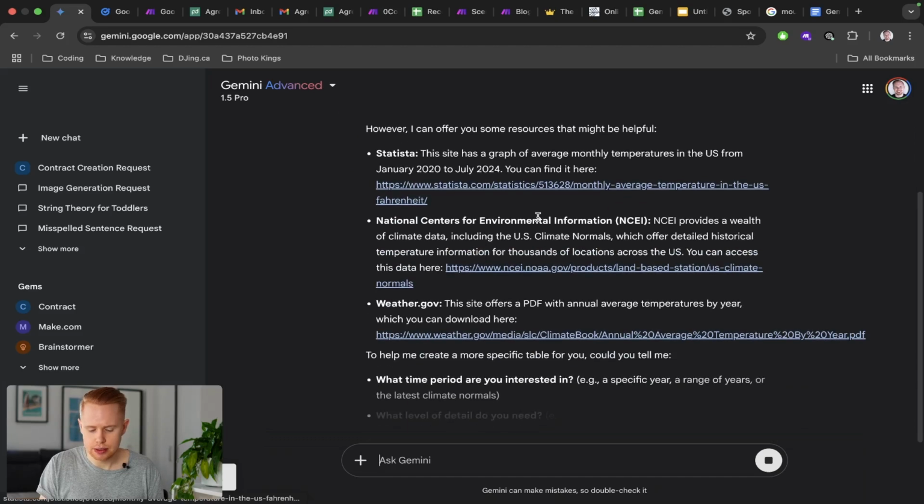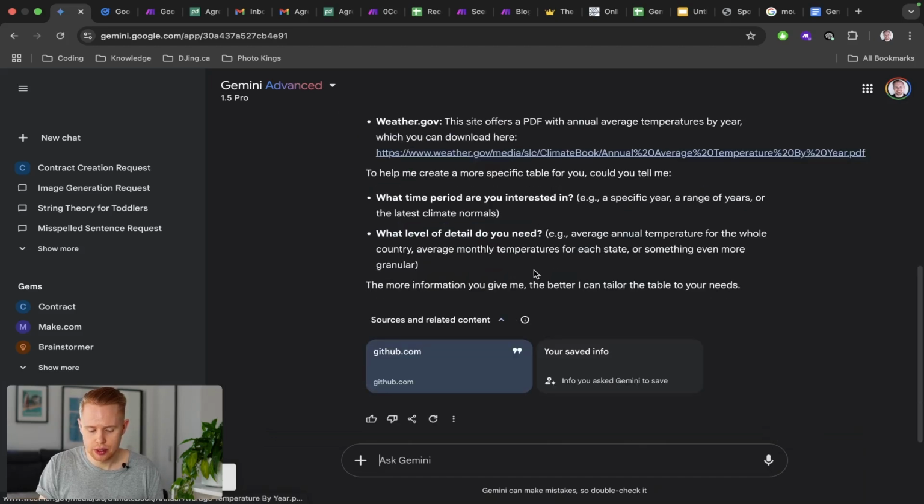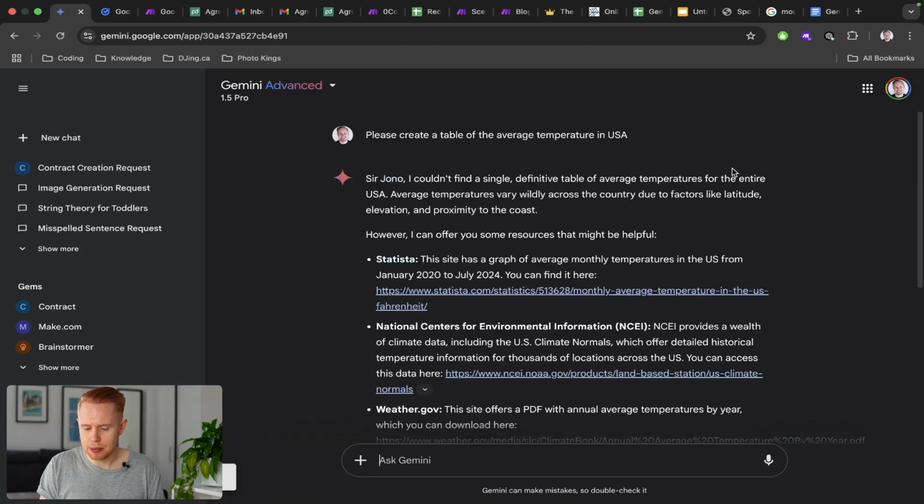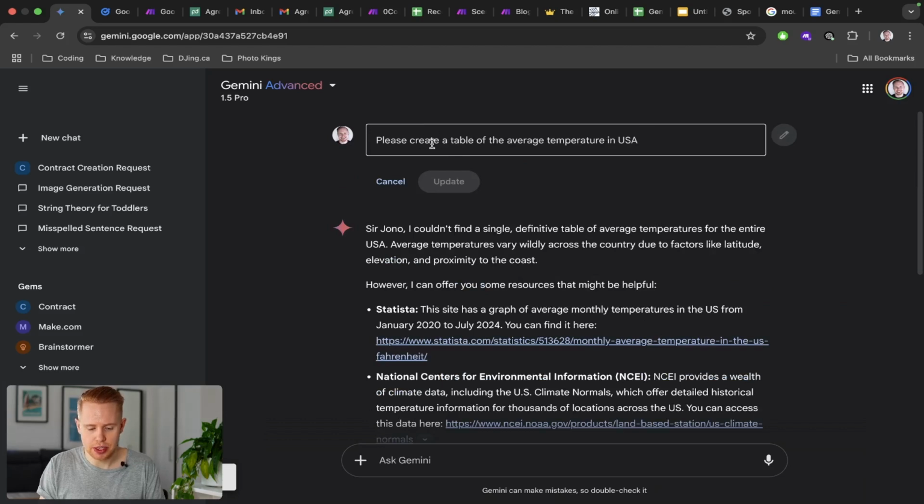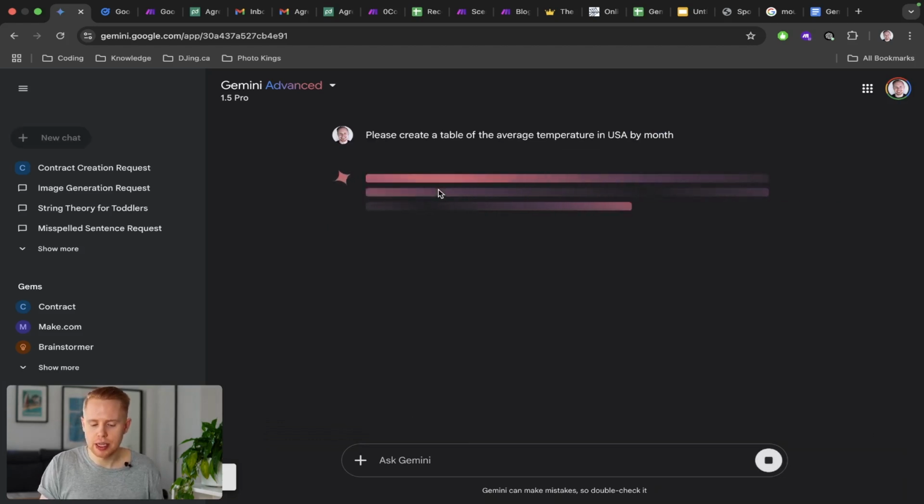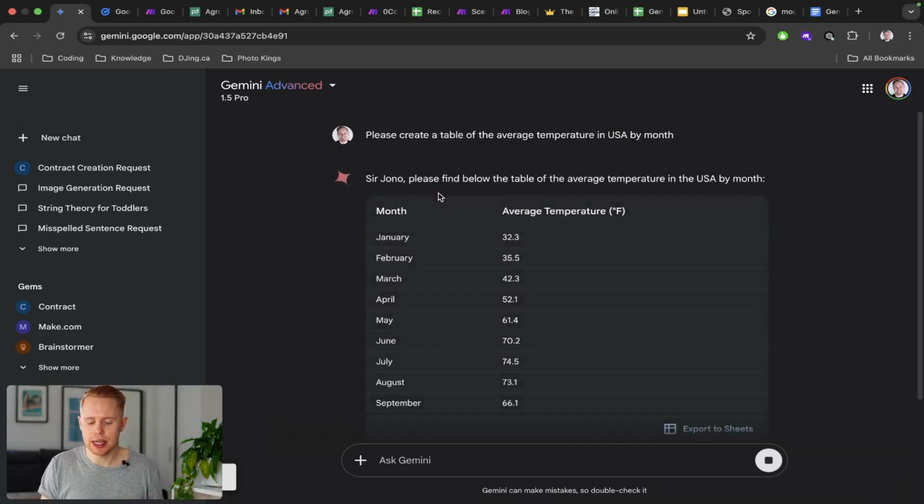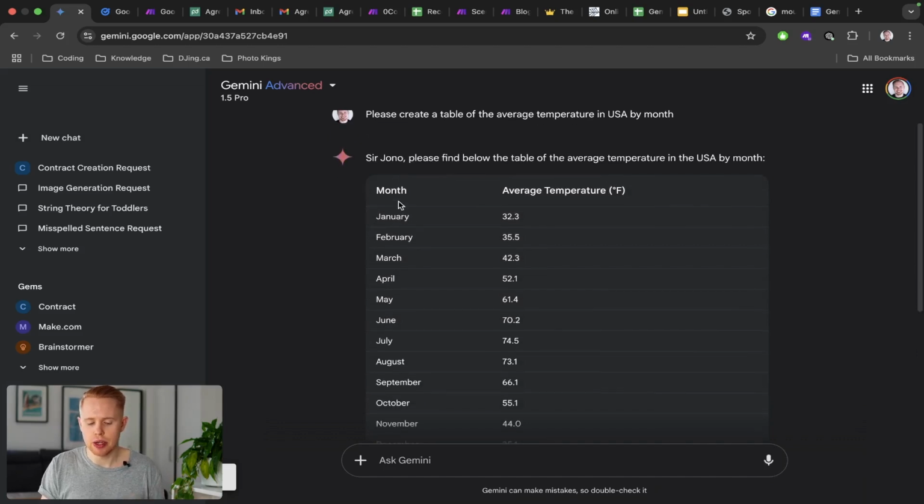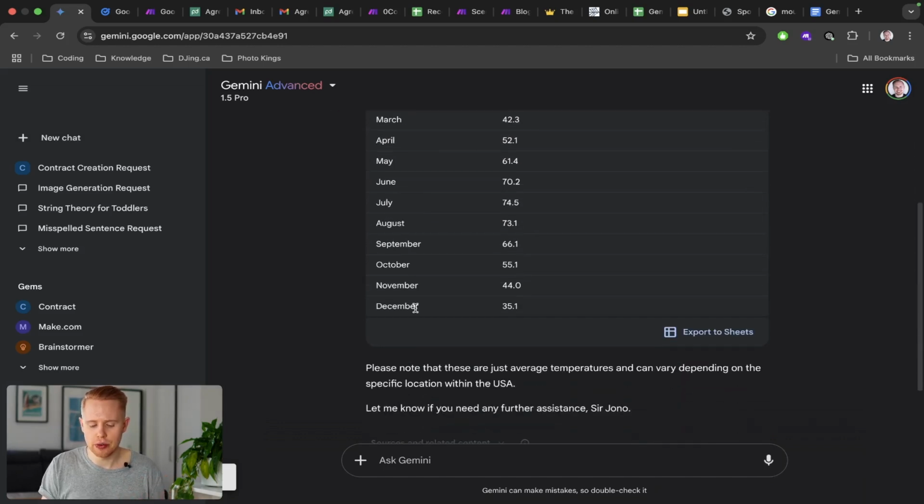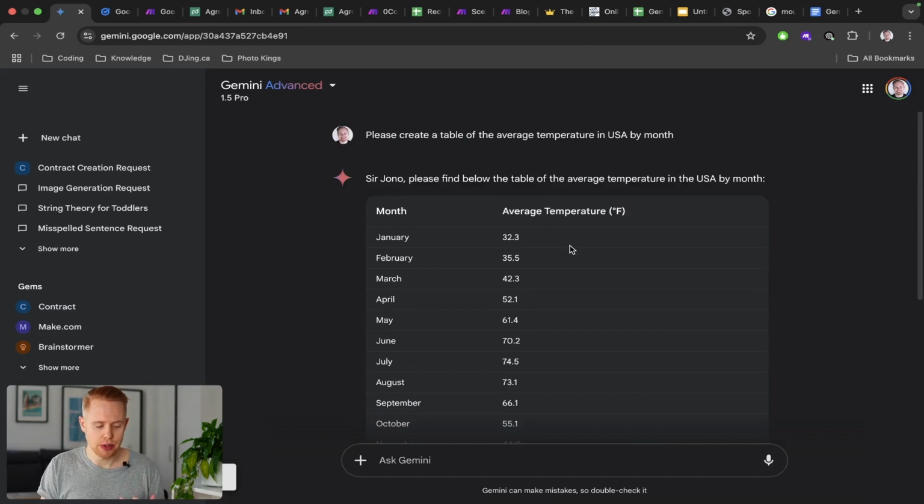what it says here. Okay, so I think I messed up on the prompt, so I'm just actually going to go back and rechange this. Please create a table of the average temperature in the USA by month. And we're going to update it here. And this is just going to give a bit more details as to actually creating that table. And here we go. We have month, January all the way to December, and then the average temperature in Fahrenheit